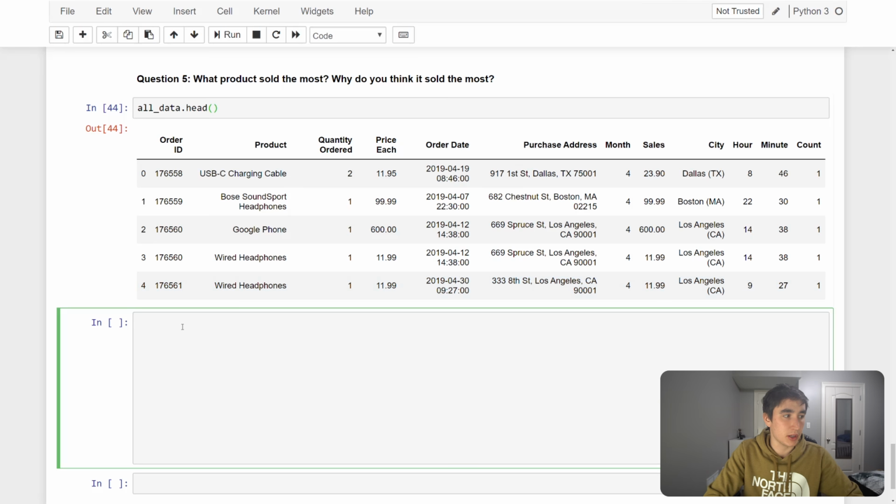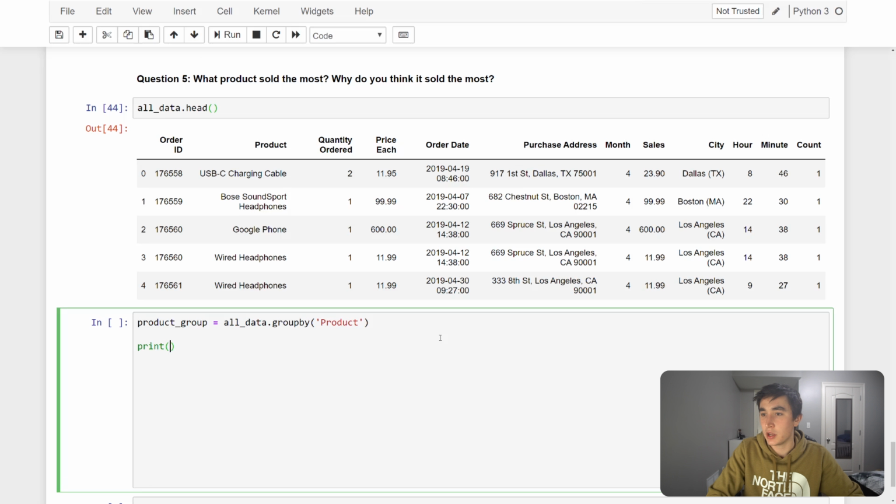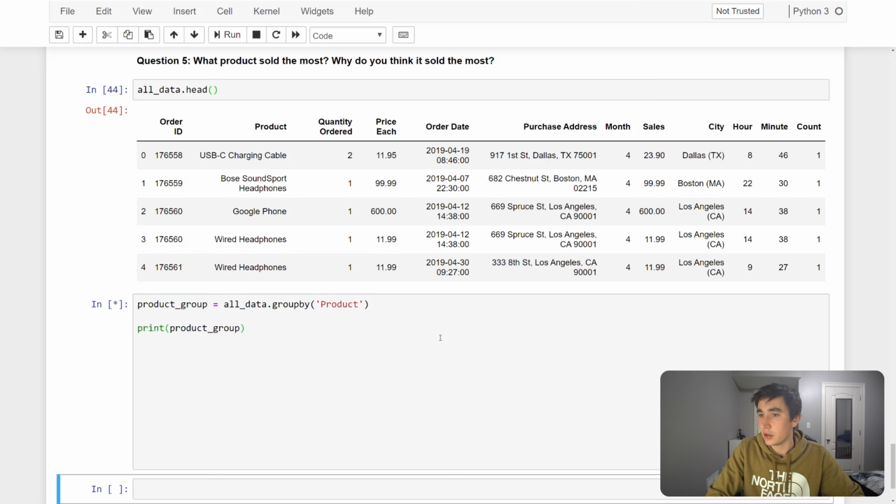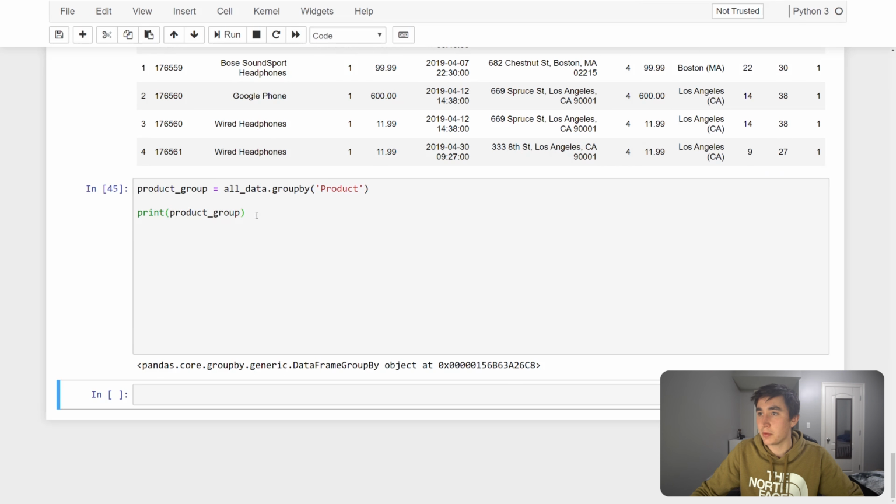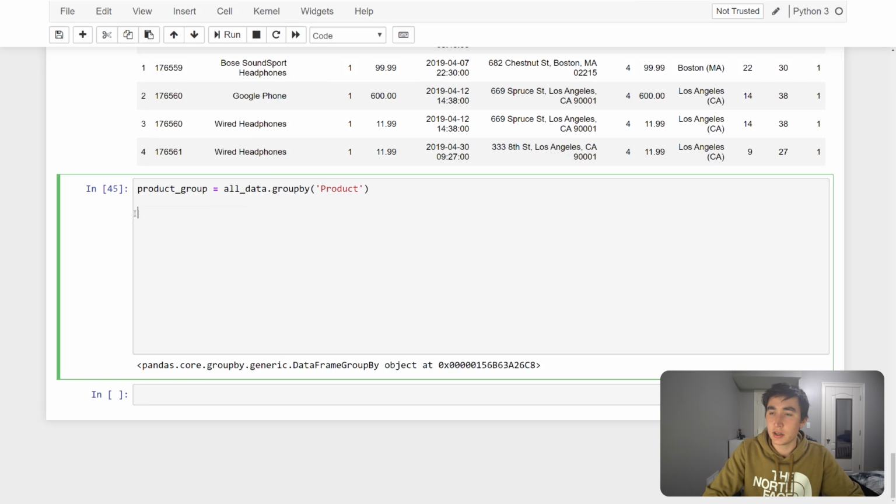So to do that, we can do all data dot group by product. And I'm going to do this slightly different than I have in the past, just to keep things fairly clean. Product group equals all data group by. So if I printed product group, it won't do much yet, but if we go ahead and display product group dot sum,